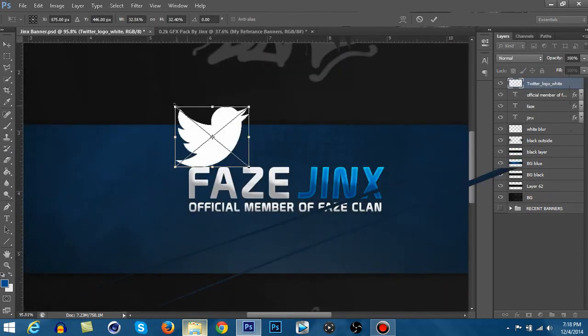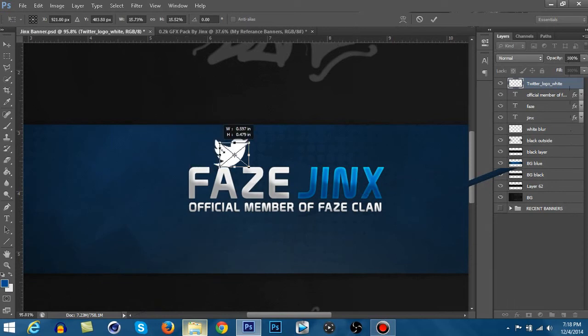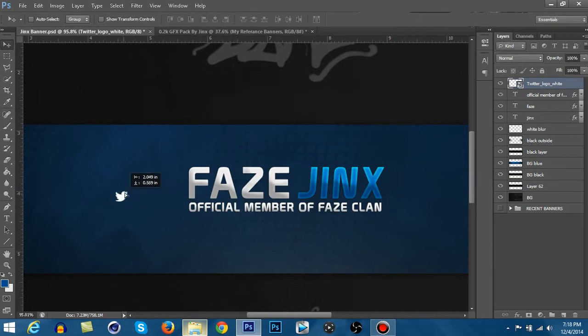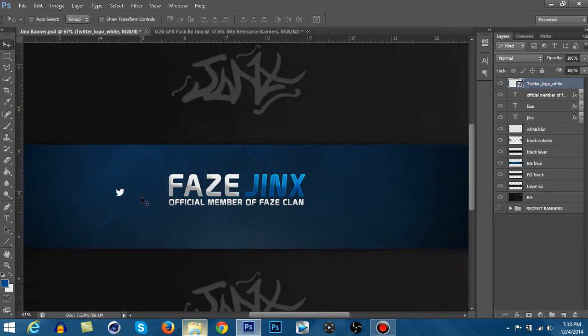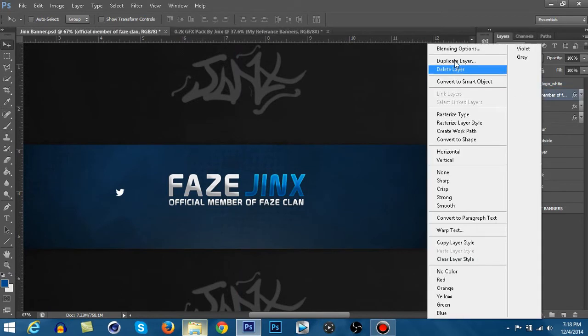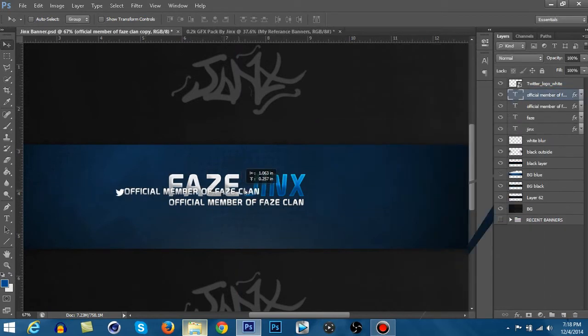And hold down Shift and then click, and then you guys can drag. So it makes it smaller, all even, you know, width and height. And then Control H, make sure this is centered. I didn't center this. That's centered there. And then you guys can add social media, and then all you guys gotta do is duplicate this layer. Drag this right here,